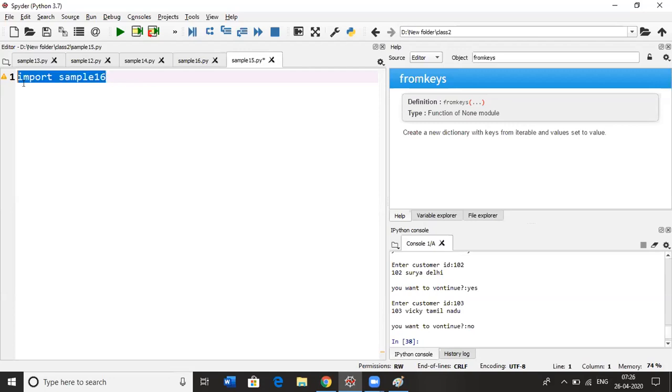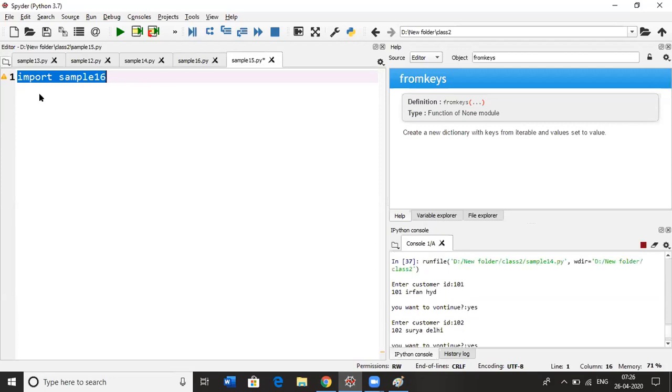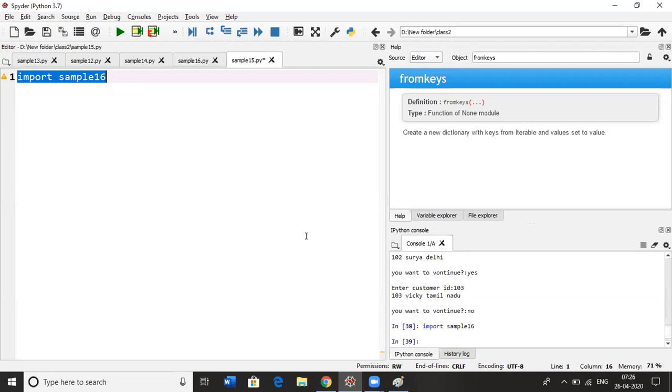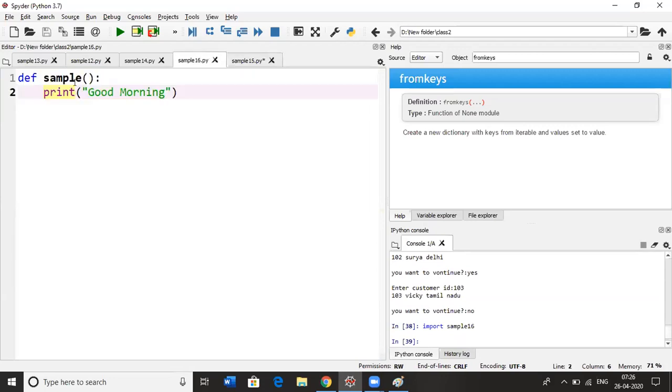If I run this, it is successfully imported.